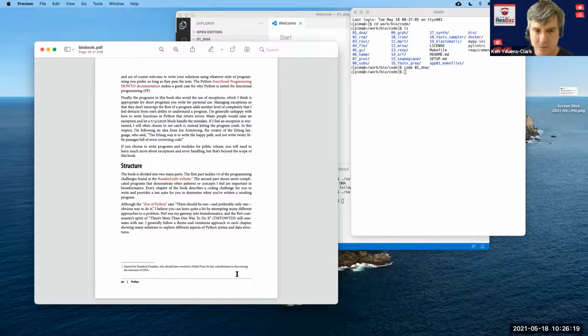And so in the Perl community, there's this mantra: there's more than one way to do it. And that's actually very frustrating for a lot of people about Perl. Python sort of has the exact opposite approach, which is that there should be just one way to do things and it should be obvious. And that doesn't always work out. There actually are many ways to do things in Python, and I'd like to show you hopefully how many different ways we can count the nucleotides in a string of DNA.